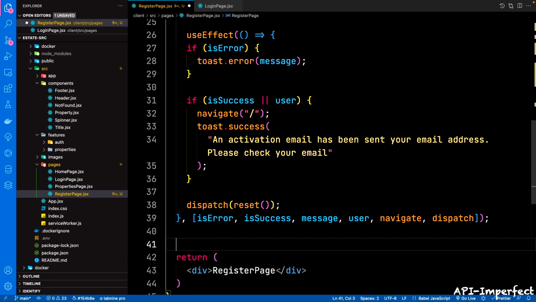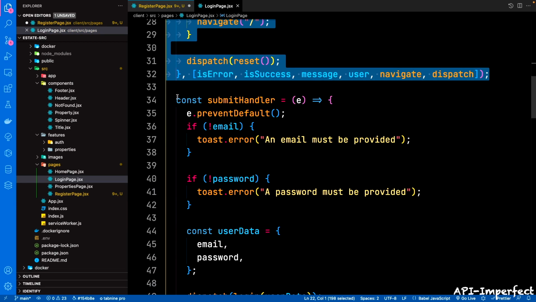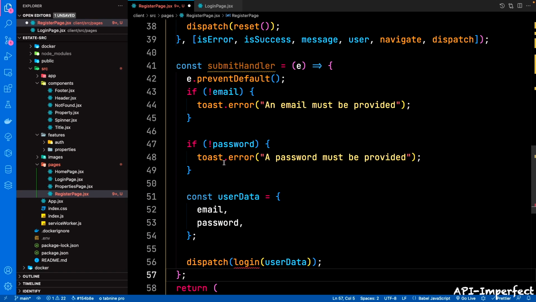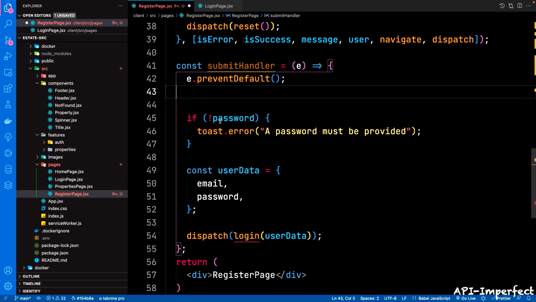Then you're going to have a submit handler. Let me see. In the login page, do you have a submit handler? Yes. Let's just copy the same thing, then make a few changes. Typing is hard, so we're just going to copy some few stuff. So submit handler, prevent default. So here we're going to say if the